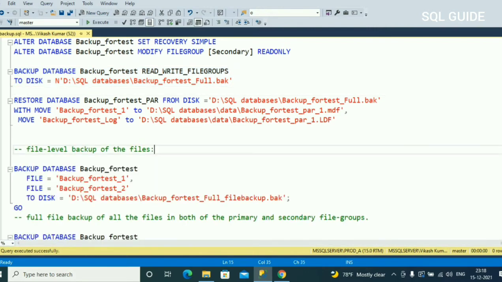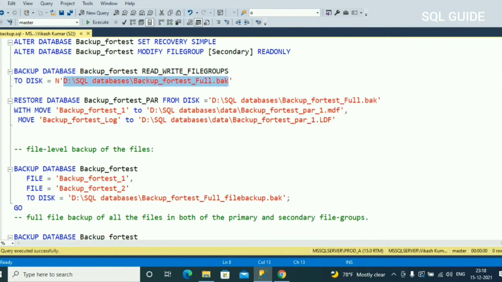Okay, let's test it. I am going to restore that partial backup where the read only file group is excluded. So let's see.